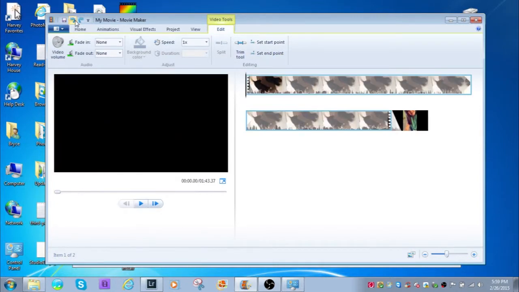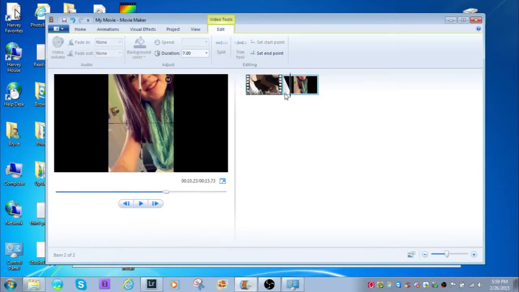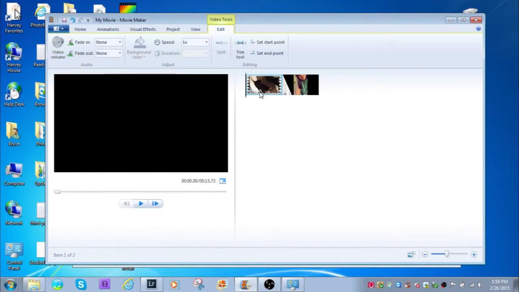There's always a way of doing it. I would just prefer to use the set endpoint. The keyboard shortcut for that is O. The keyboard shortcut for set start point is I. So I'm going to push O on my keyboard, and you see that now it's cut. Now if I start at the beginning,